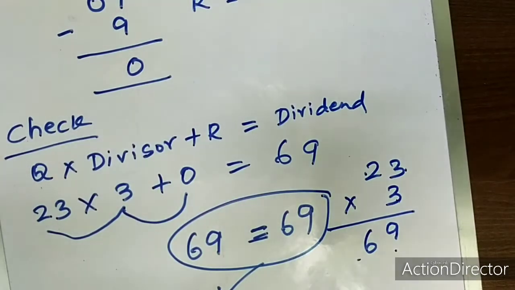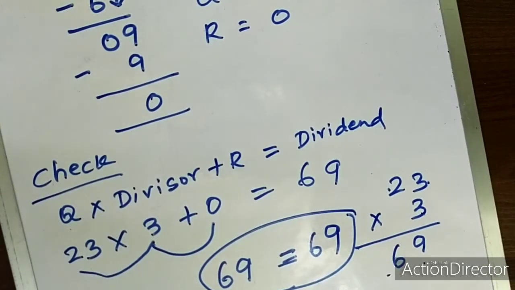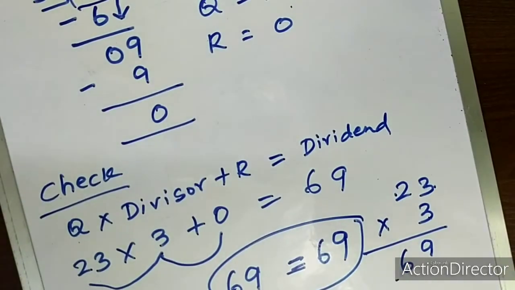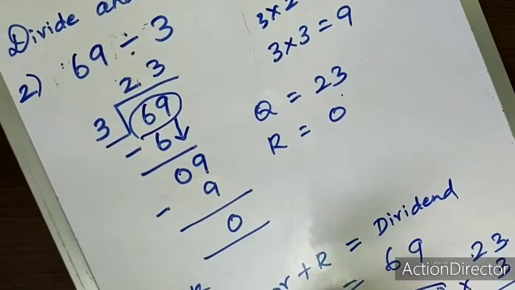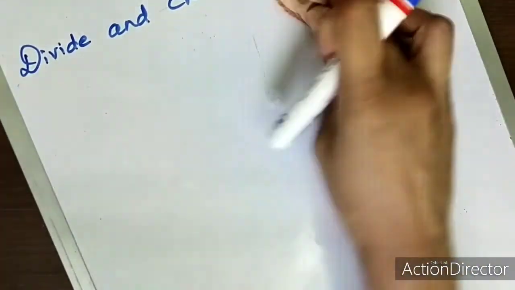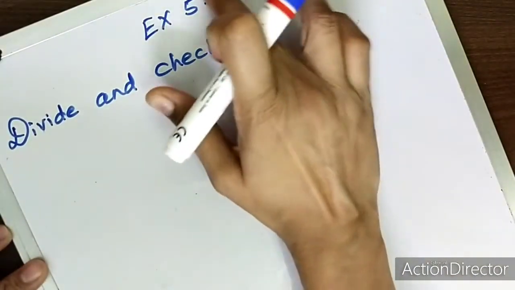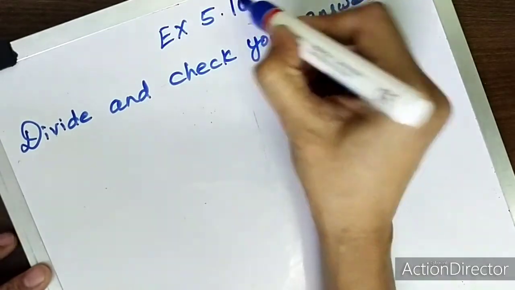So this is division without regrouping, Exercise 5.9. We have done it and we have checked the answer. Now we'll move on to Exercise 5.10. This is also the same but division without regrouping. Shall we do this now? Very easy. I know every one of you knows tables and can do the division nicely.